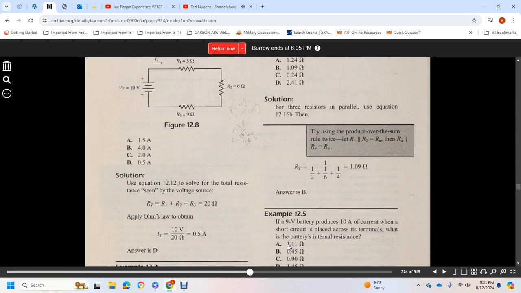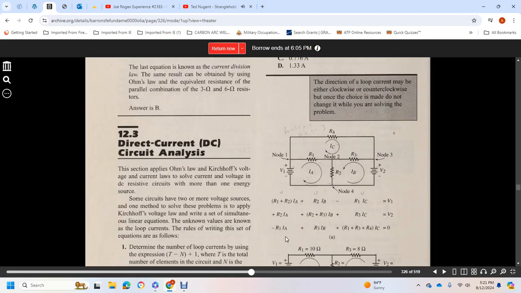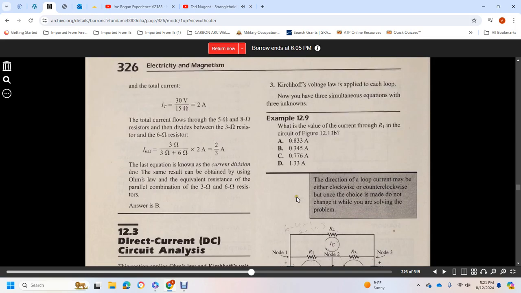Example A, solutions. Alright, the total current is